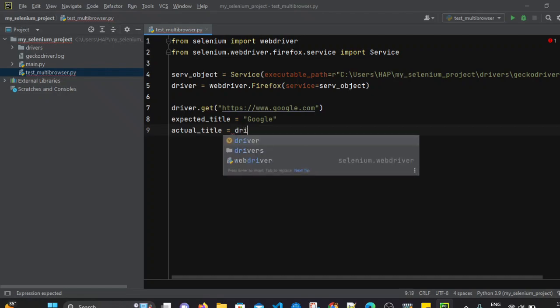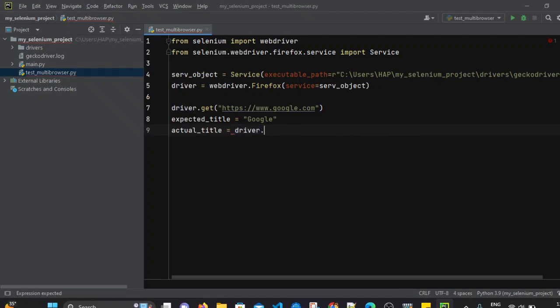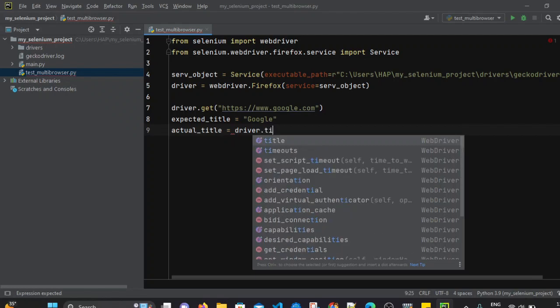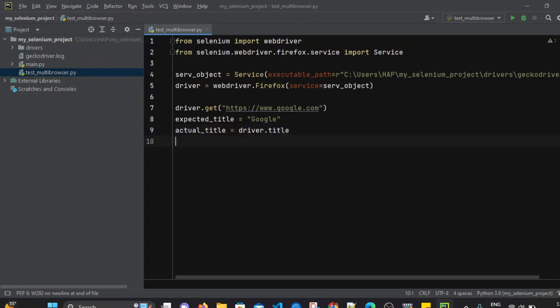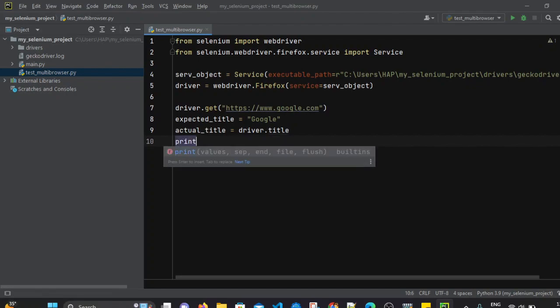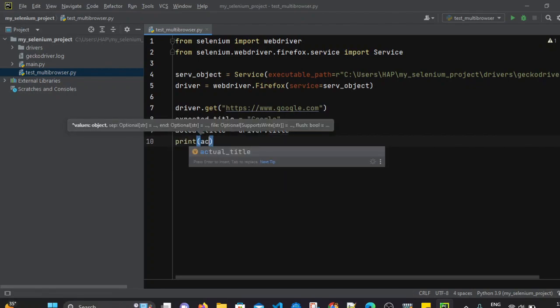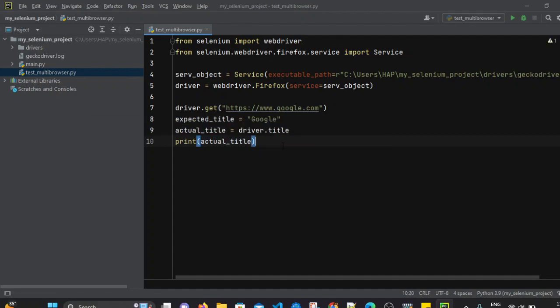How to get that is driver.title. This title method will fetch the title and store it in our actual title variable, and then we can simply print the actual title value. I am printing the actual title value, and then we have to compare it, right?